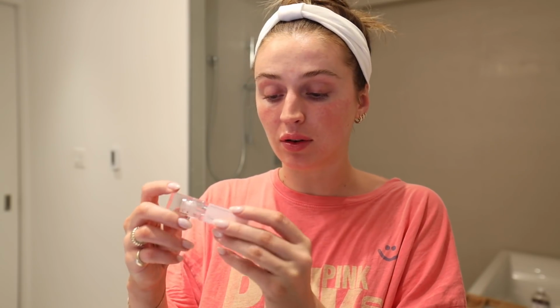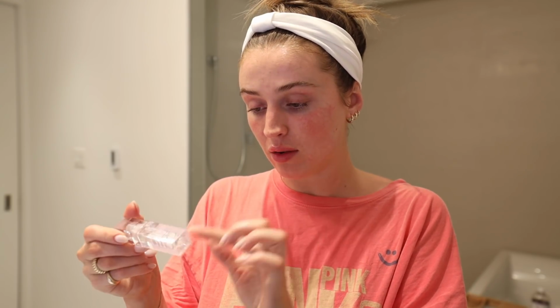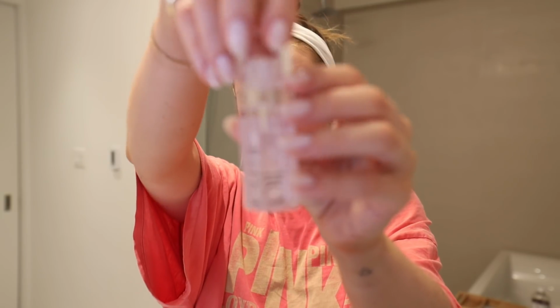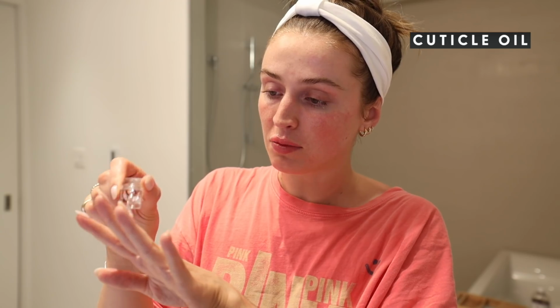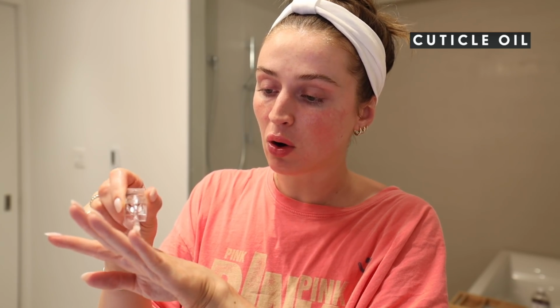And as a final step, actually, I've been keeping my little cuticle oil. This is the Cutie oil in olivine. I love this little packaging. How cute is this little thing? And I've been keeping this next to my little jewelry tray here, so I remember to put the cuticle oil onto my nails, and I feel like this has been helping me so much,